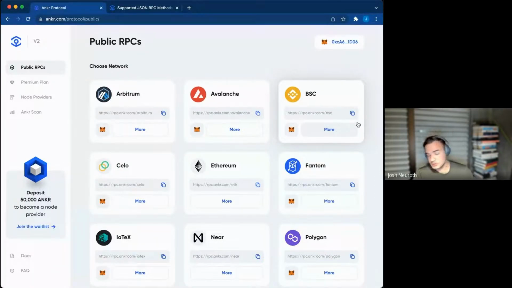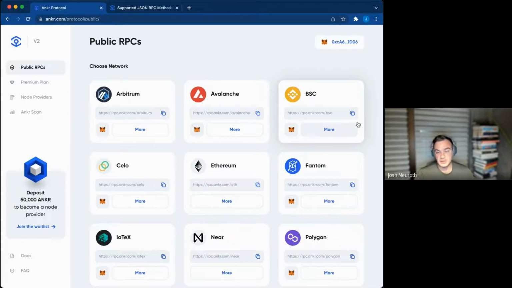And so anyone can run a node for the blockchain. You can run an Avalanche node, a Binance Smart Chain node, you can run a Phantom node, but when you start building production grade Web3 dApps and applications, what you're really going to need is high performance infrastructure where there's a whole cluster of nodes running in order to do that. And so something that we've done with Anker is we've basically built these node clusters that have a very simple endpoint that developers and projects can query against, right? So I want to talk a bit about that.